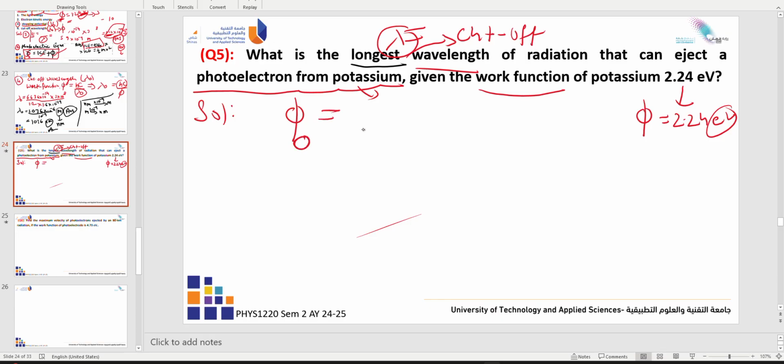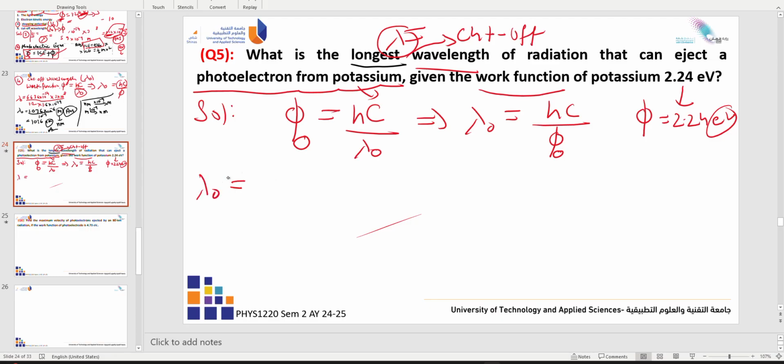Now I need to write the formula for the work function, phi naught, and the relation between phi naught and lambda naught: phi naught equals hc over lambda naught. I need to find this lambda naught, the wavelength. So lambda naught equals hc divided by phi naught. Writing the values: 6.626 times 10 to the power minus 34, multiplied by 3 times 10 to the power 8, divided by